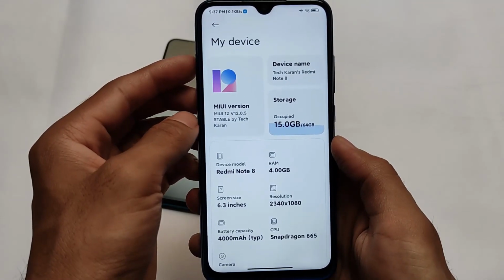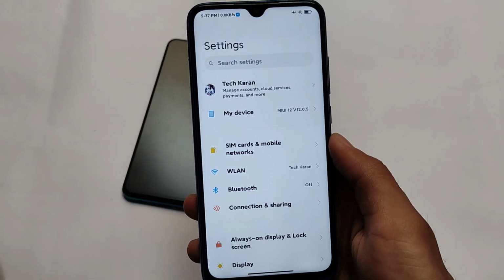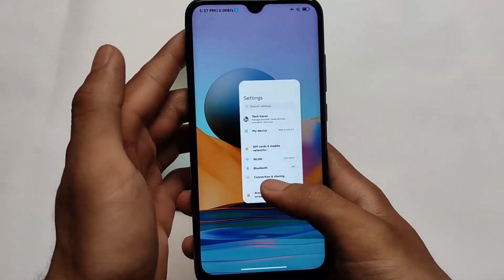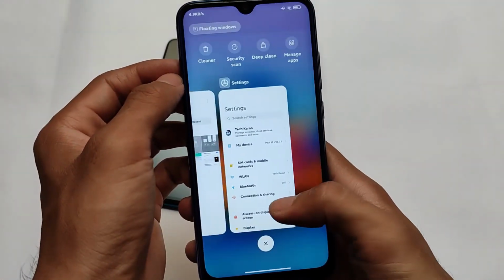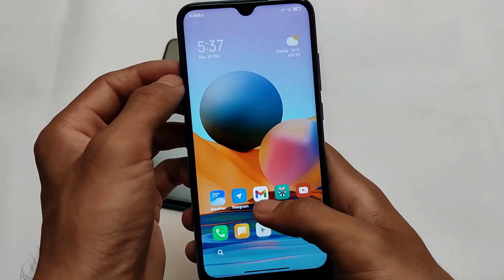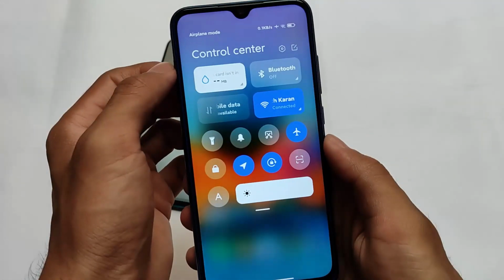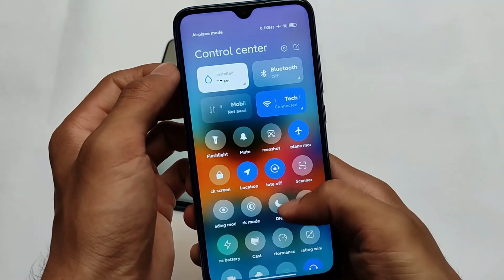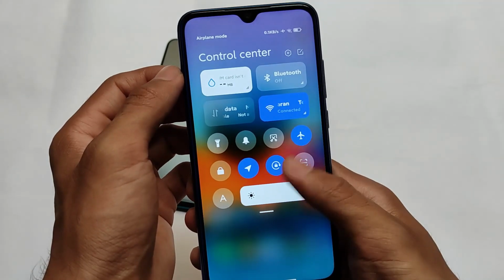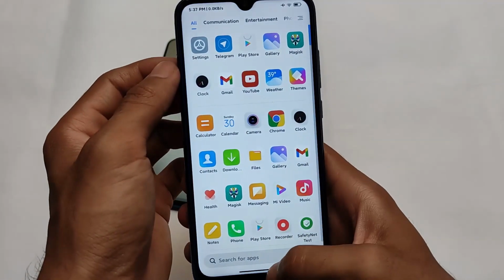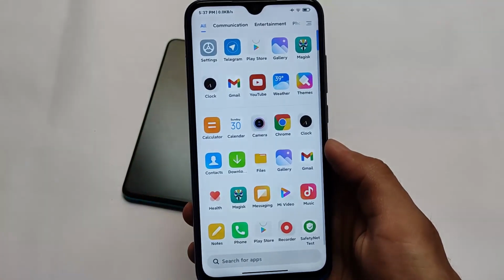If you are a MIUI lover and want to try MIUI things on a device, this might be a very good choice for you. We're going to talk about some of the things which are added. As you can see, this new navigation bar pill was not added previously. It is not available by default in the MIUI 12.0.2 stable version. It also doesn't have this control center blur. This is the first thing added, and there are a lot of other things which you can find by installing this build on your device.